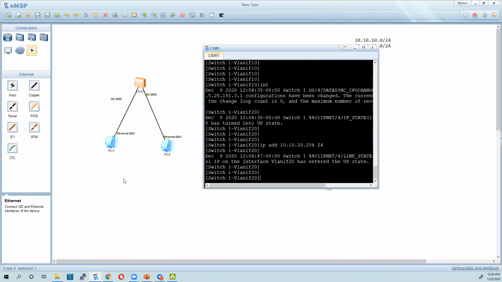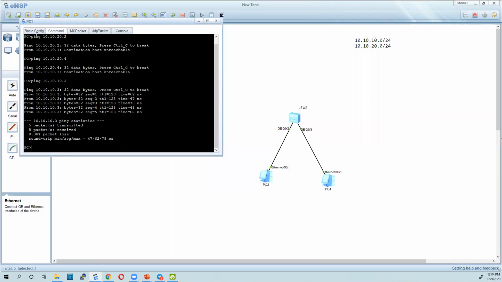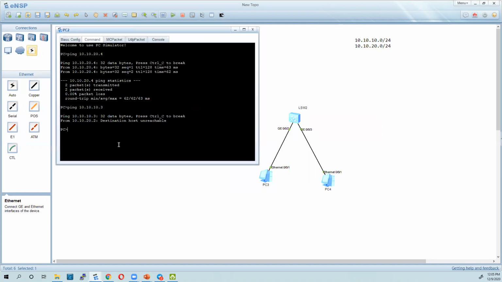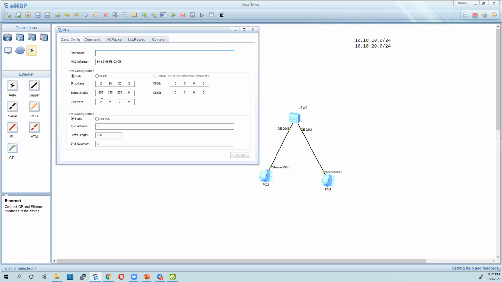That's all. Now on this computer, we are going to add a default gateway of 10.10.10.254, which is the VLAN interface. And on this one, we are going to add a default gateway of 10.10.20.254, which is the VLAN interface.